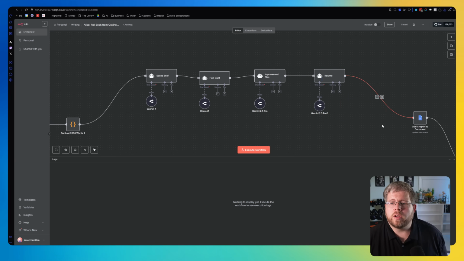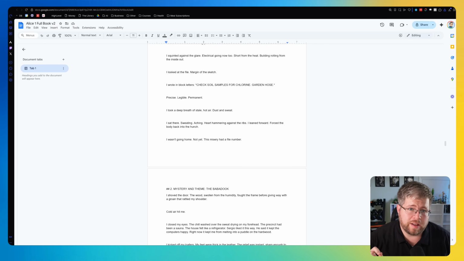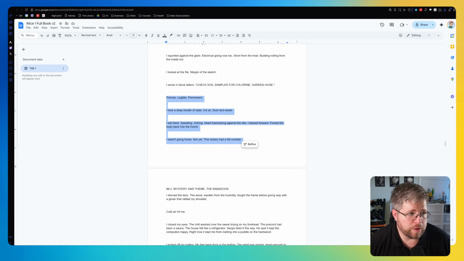Anyway, so let's actually talk about the pros that I got out of this thing here. So I did actually pick up on a couple of quirks of Gemini 3, and I will show off one of those quirks here. If we read this little section here from a book I was working on,